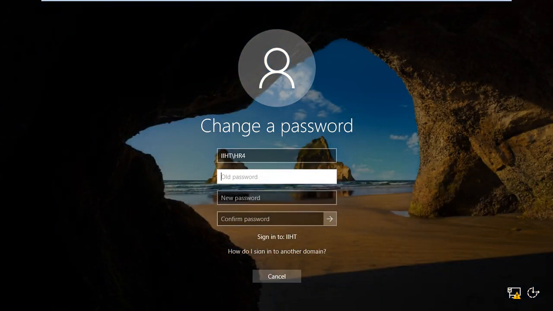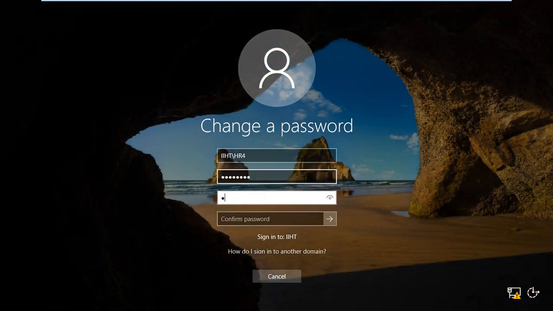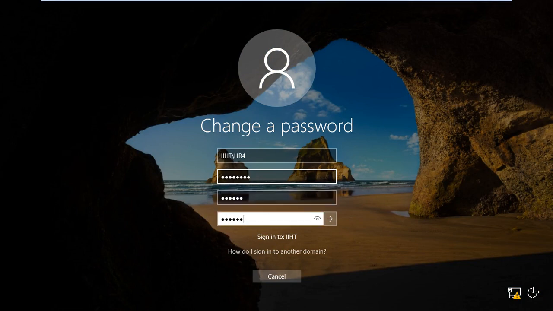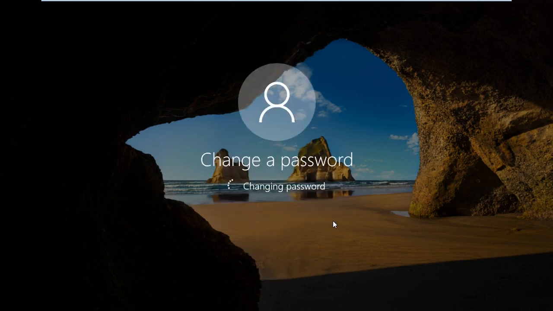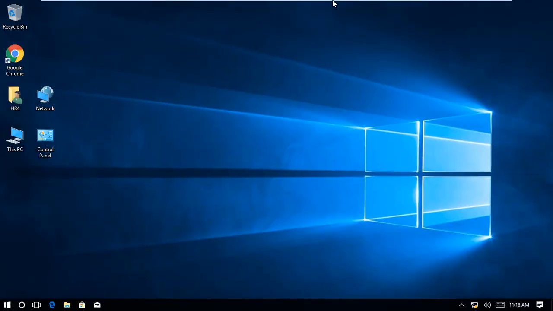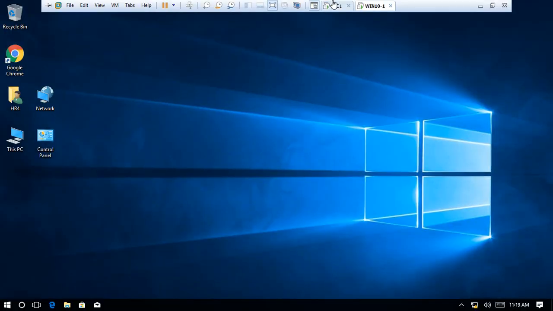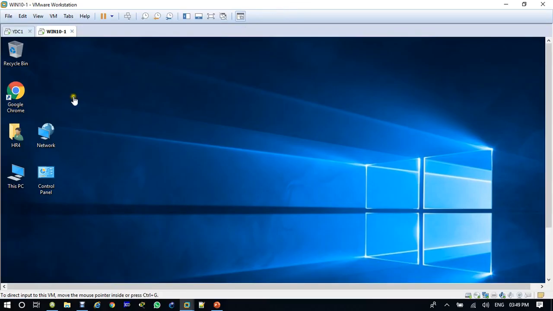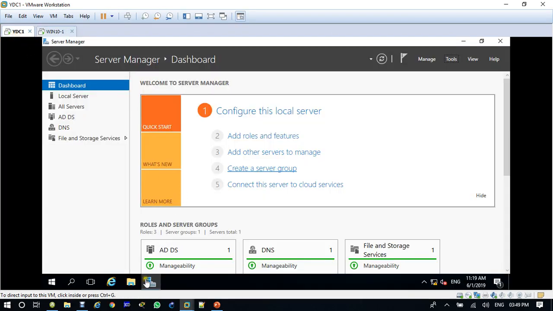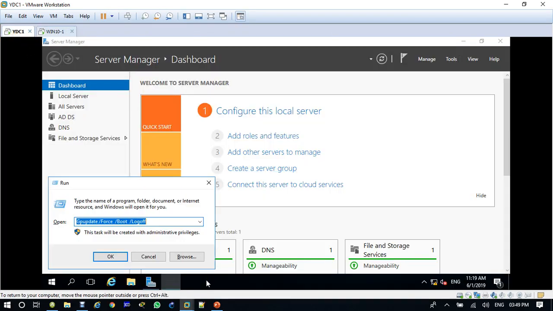Old password is 123 at IIHT. New password I am giving 123456. And now click on change. See, it is able to change because I applied the fine grained password policy. Now we'll verify whether this policy has been applied to other departments as well.